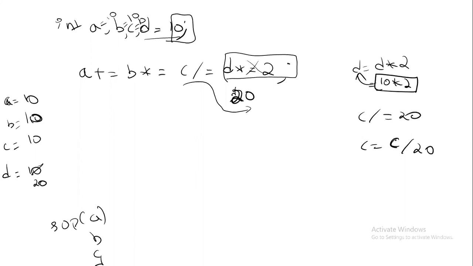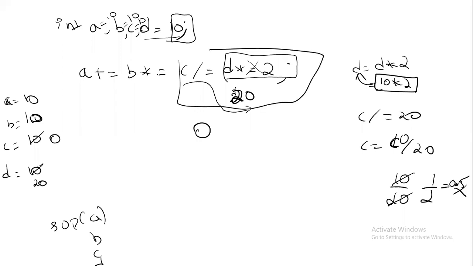So here, what's the C value now? C value is 10, right? So 10 by 20. What is 10 by 20? It is 1 by 2, which means 0.5, and you know that 0.5 is lost. The answer is 0 because integer by integer is integer. Now that 0 is given to whom? C. So our C will become 0. So this whole expression is replaced with 0 now.